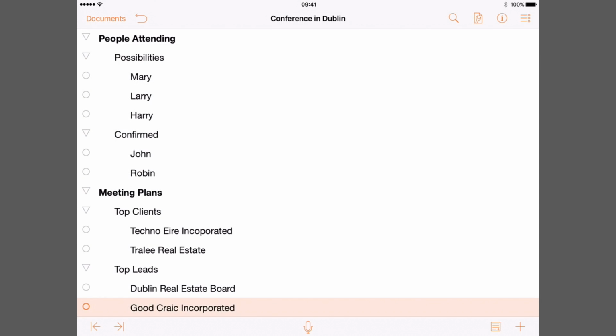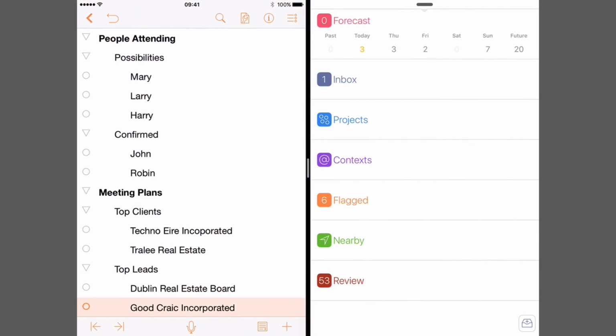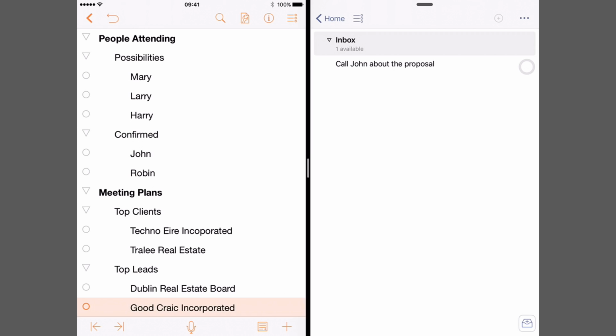Split View takes us a step further and allows OmniFocus to share the screen with another app that supports Split View. For example, let's say you're reviewing some notes in Omni Outliner and want to start creating some OmniFocus actions based on these notes. Swipe from right to left as before, and then drag the dragger bar further to the left so that the screen space is equally shared by Omni Outliner and OmniFocus. Both apps will continue to run simultaneously, and you can interact with either app as you would if the apps